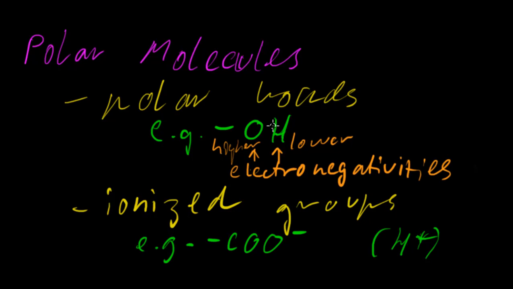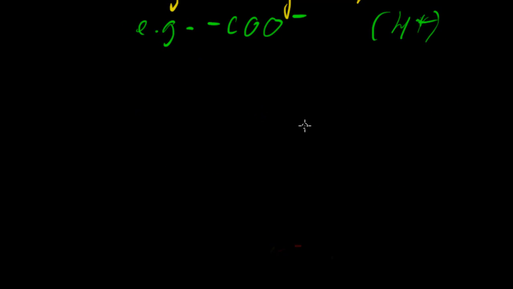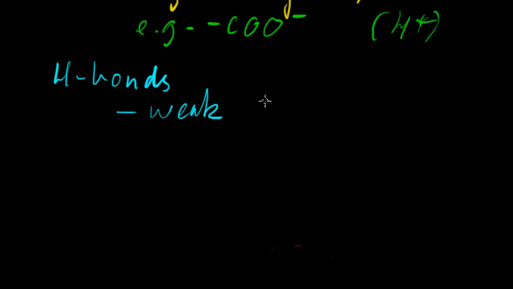And so overall we say that the oxygen has a slightly negative charge, and that the hydrogen has a slightly positive charge. Not huge, but just slight, not as extreme as this ionized group, for example. Alright, so what does this look like? Well, I'm actually going to talk about hydrogen bonds which form between polar molecules. These are weak types of bonds, but in large numbers,